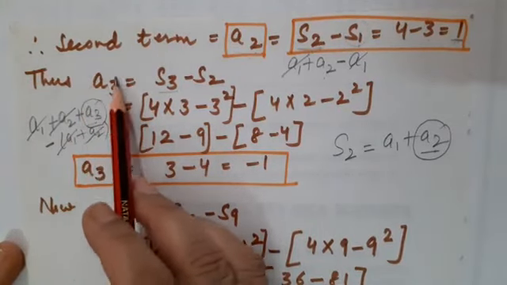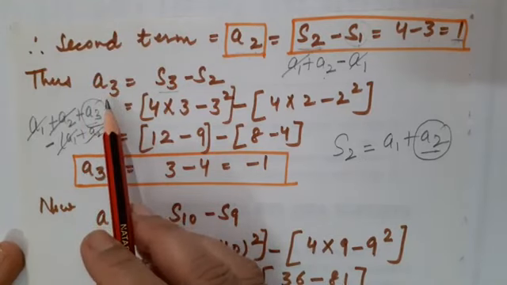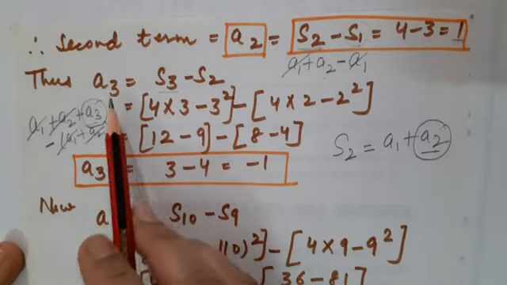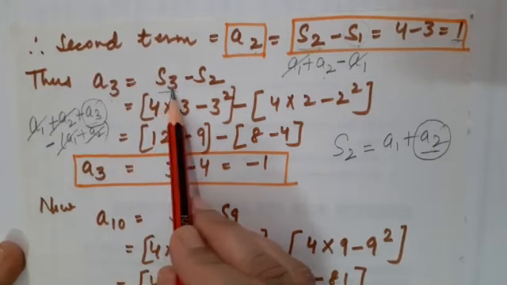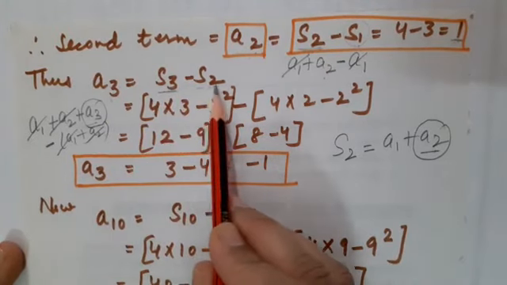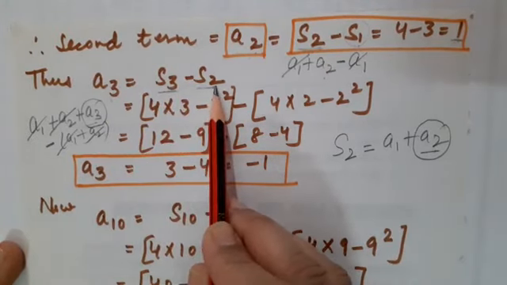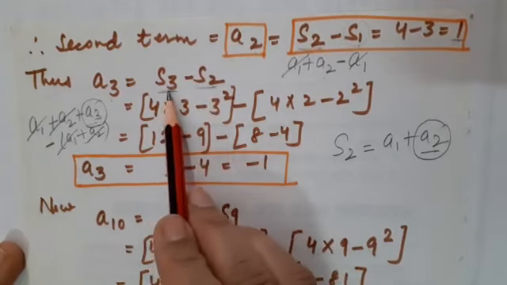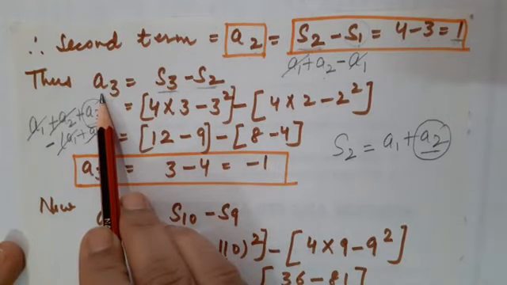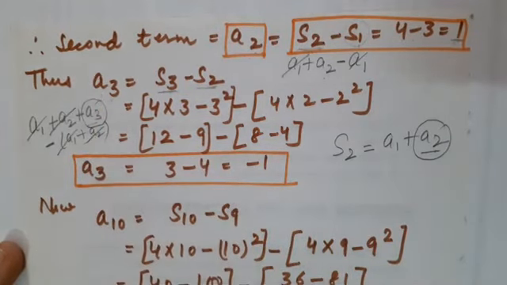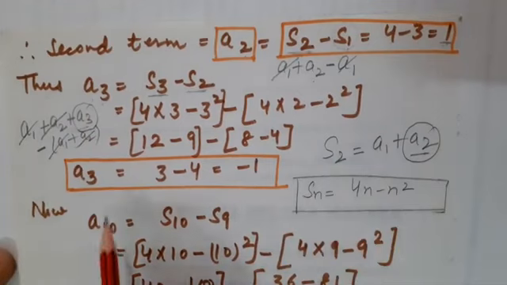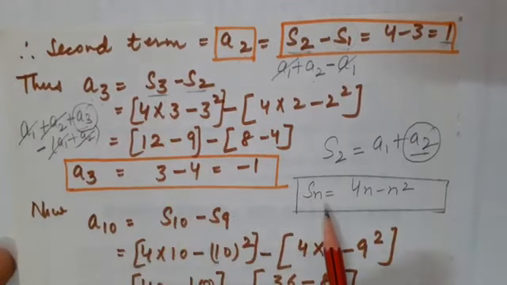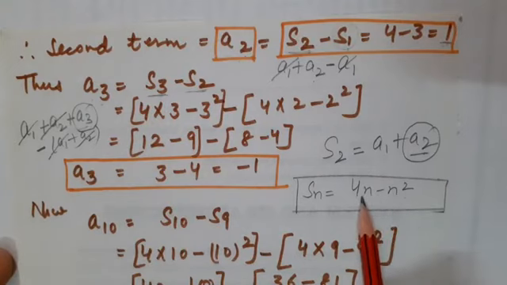So this is what basically you are going to calculate, the third term of AP, when you have the sum of first three terms given, as well as the sum of first two terms given. So while subtracting the sum of first two terms from the sum of first three terms, you can easily calculate the third term. Correct, student? So now let us calculate S3. Here children, for your convenience, I have written Sn is equal to 4n minus n square. So in place of n, I am just going to substitute the value 3.